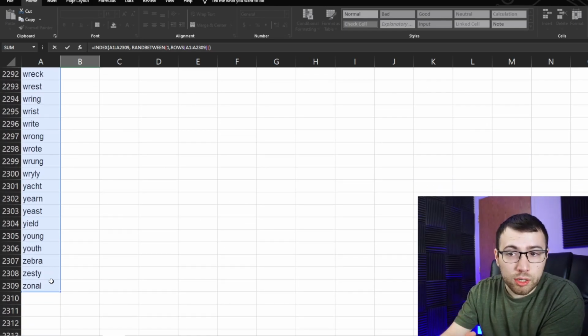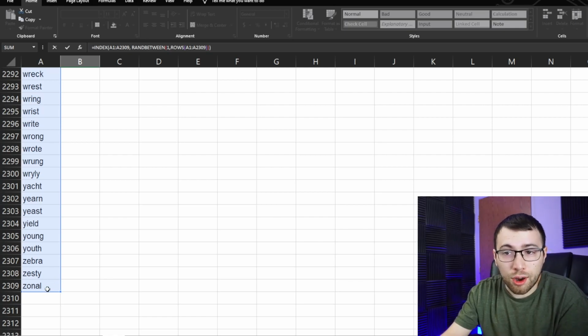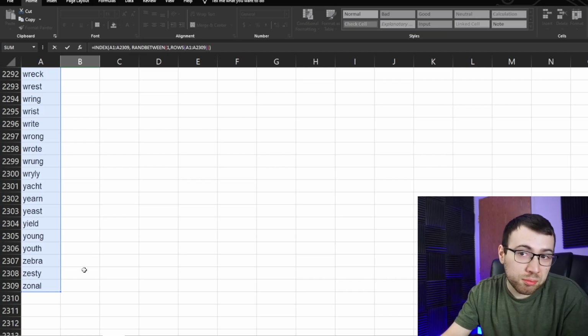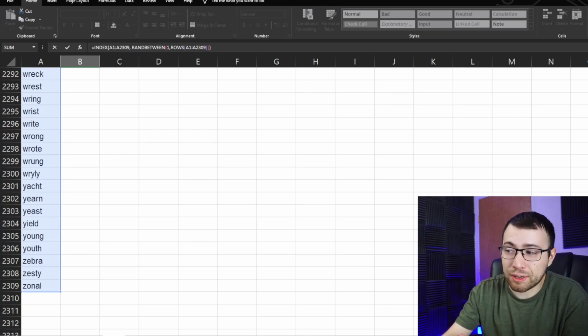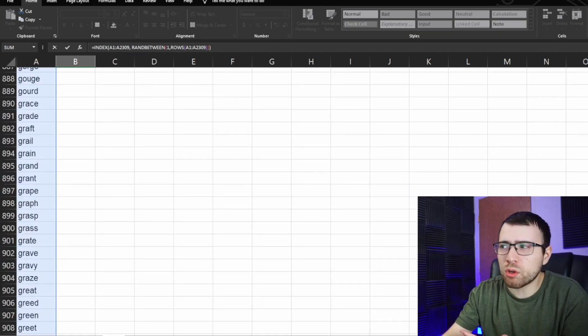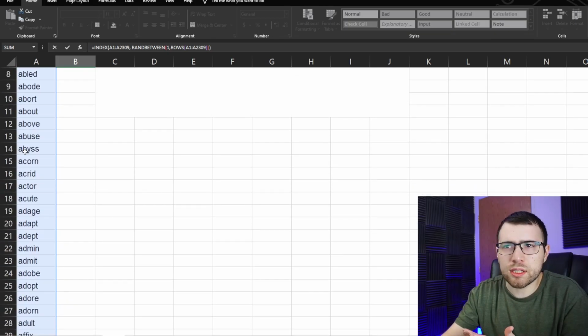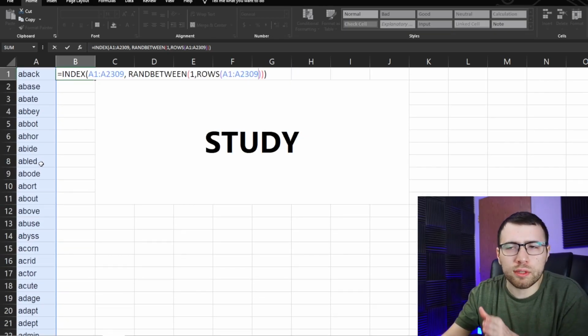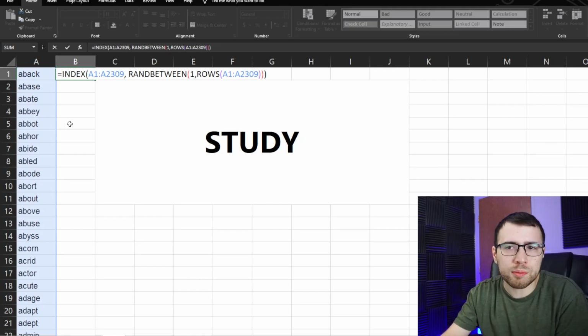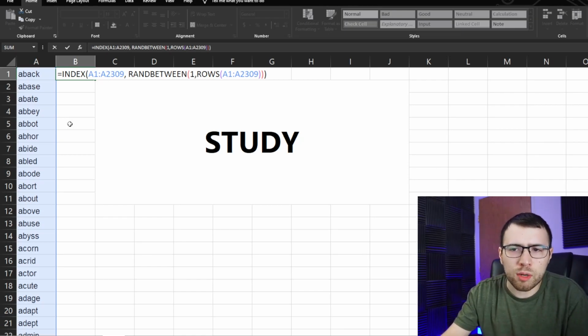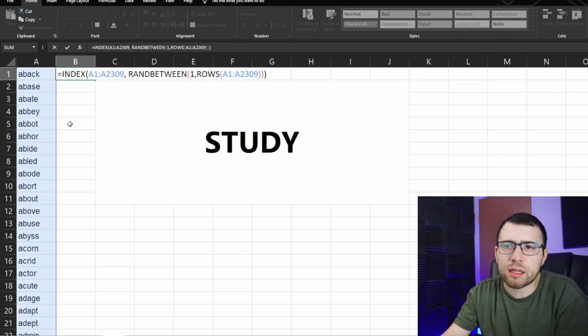Apparently, zebra, zesty, and zonal are the only words on Wordle's answer list that start with the letter Z. Maybe something to keep in mind if you ever have that situation. Also, apparently this is the New York Times version of the answer list, because there was an original answer list and then the New York Times took over, and I guess they changed a couple things. I don't know exactly what they changed, if they removed some words, if they added anything. I don't know. So this is the New York Times version of the answer list,